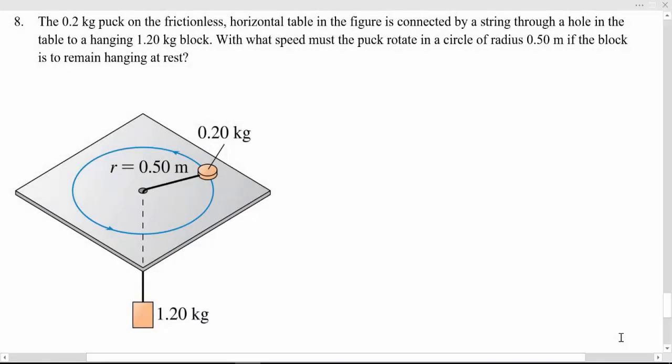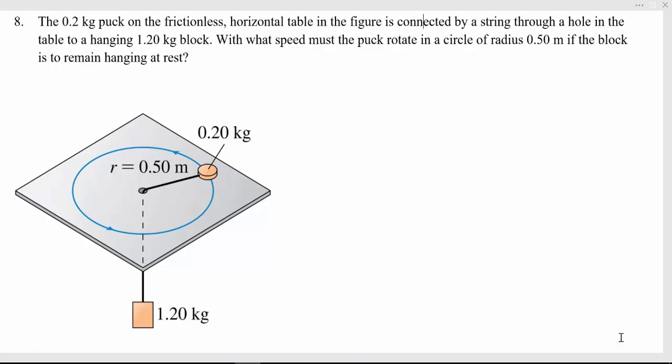Here we have a similar situation that was done in class. We have a string connecting two objects. One is hanging vertically and it's not moving. And for that not to be moving, the object on the horizontal frictionless surface is rotating in a circle of